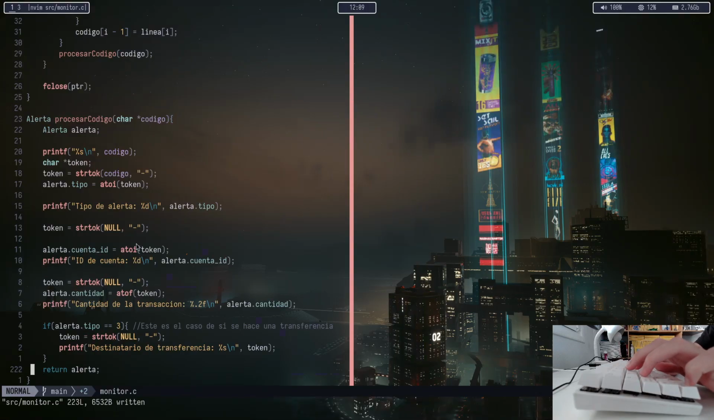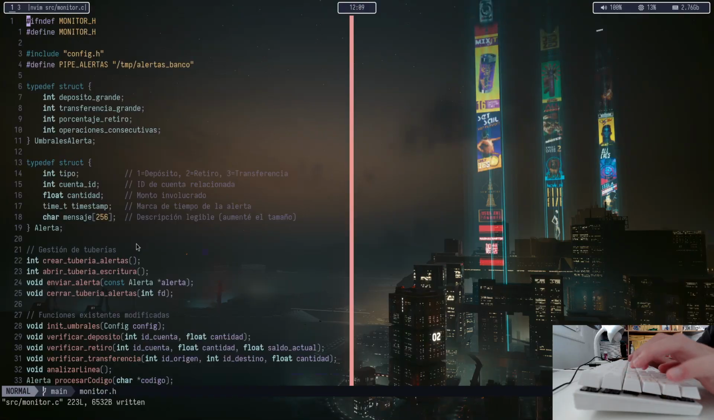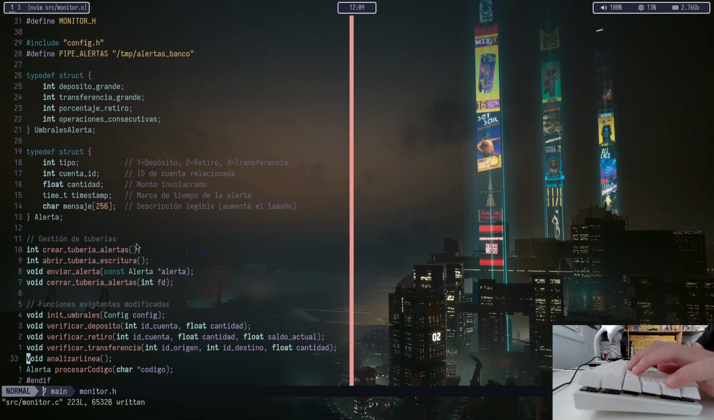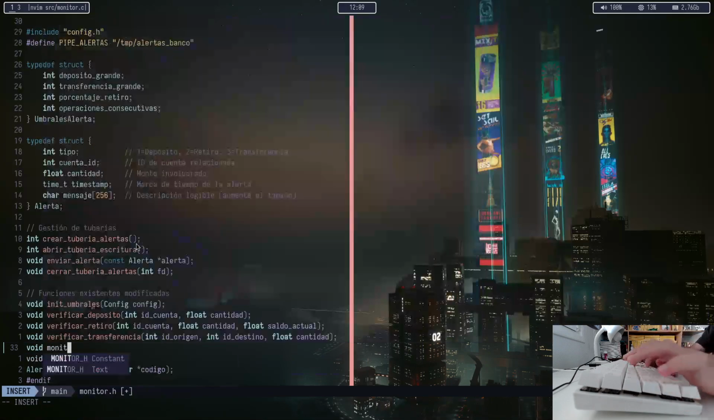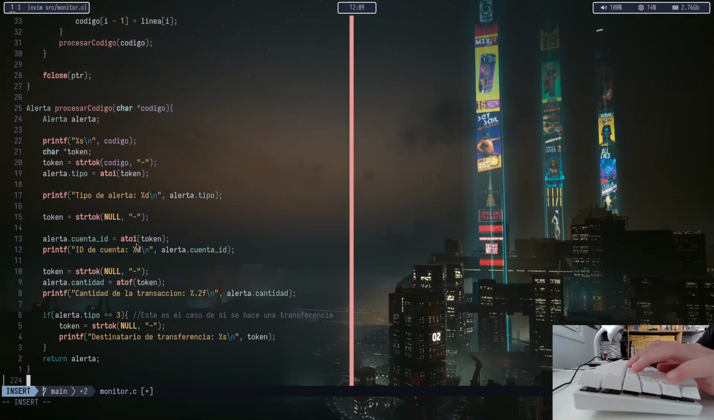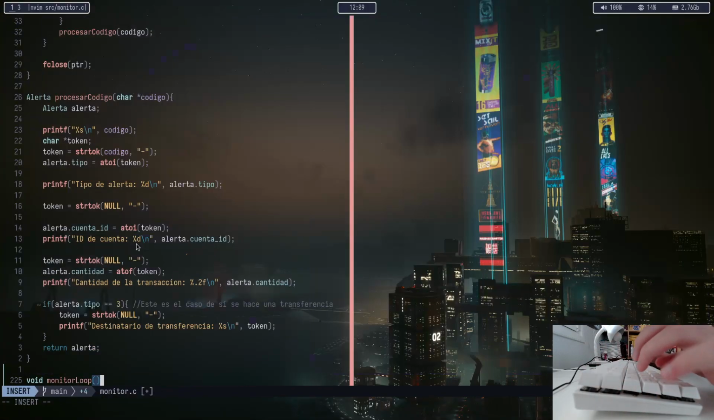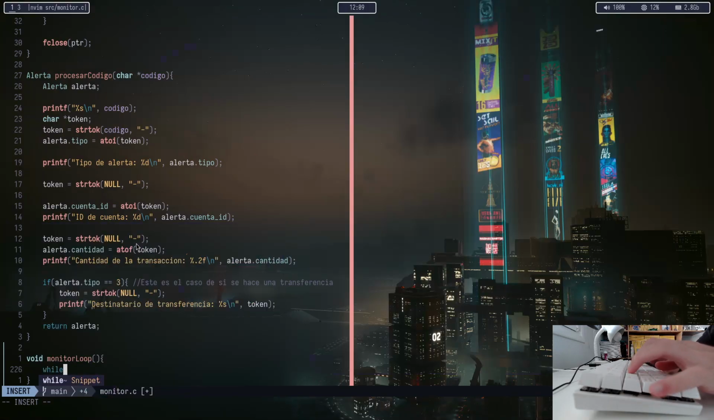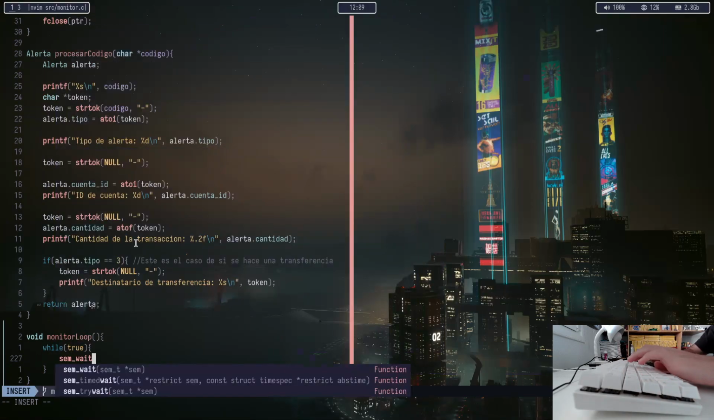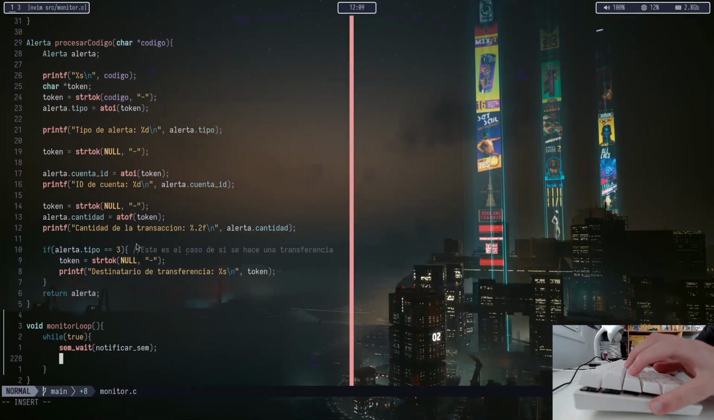Alright, so let me do kind of a while loop of this. Let me go into the header, monitor.h. I'm gonna do something like a byte monitor loop. Okay, and then in here, byte monitor loop. It's gonna be while true. Then I'm gonna do a sem wait on notifica sem. And then when this happens, I'm gonna say